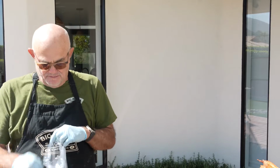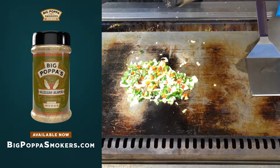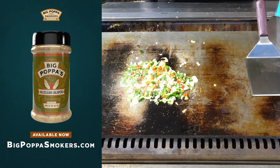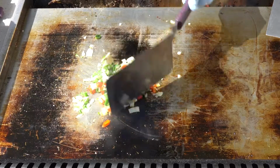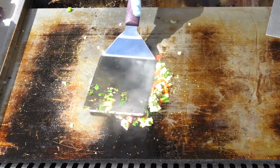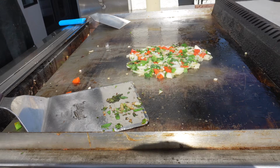So what we're going to do, because I always include you guys, and never forget your hallelujah. Just a little bit. Get some sodium in there. I'm going to get these nice and soft. Red bell pepper, hallelujah, sweet onion, and then the secret ingredient,